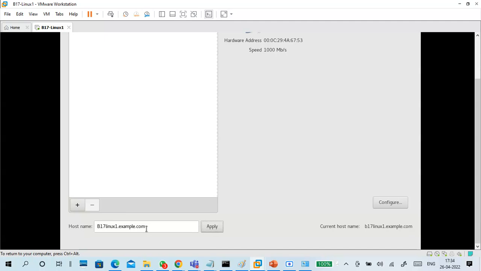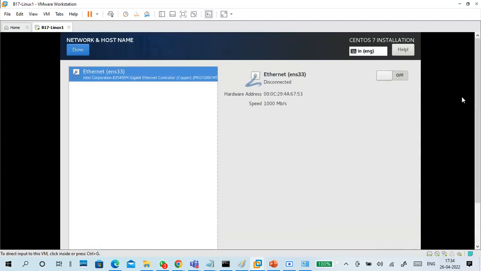Okay, I changed my host name here, and still I'm not getting an IP address. Disconnected. Why disconnected? I got a problem with my router, but no problem because my Windows 10 is working. Linux should work. Connect.